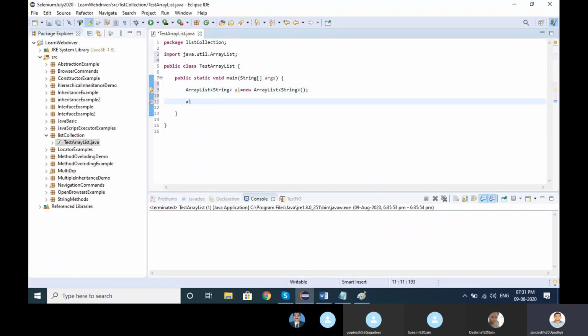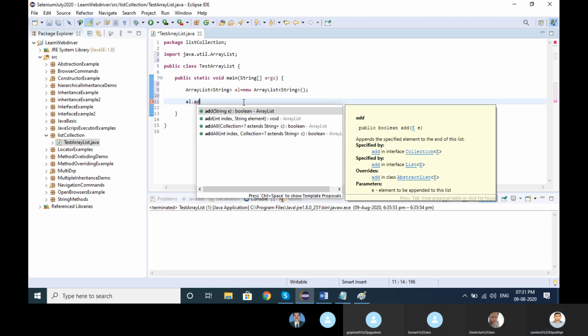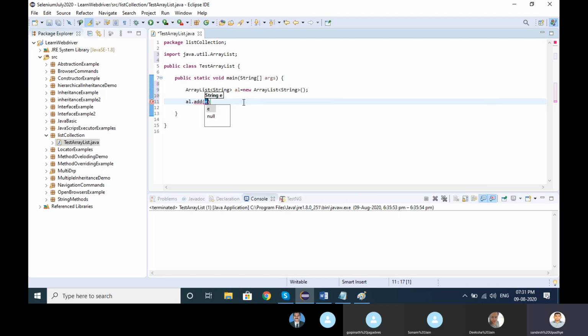Object name arrayList dot add. Let me add some string values. Let me add my name, Sandesh. Ravi, keep Sandesh as it is, and here I will add Ajay. Let me iterate this.